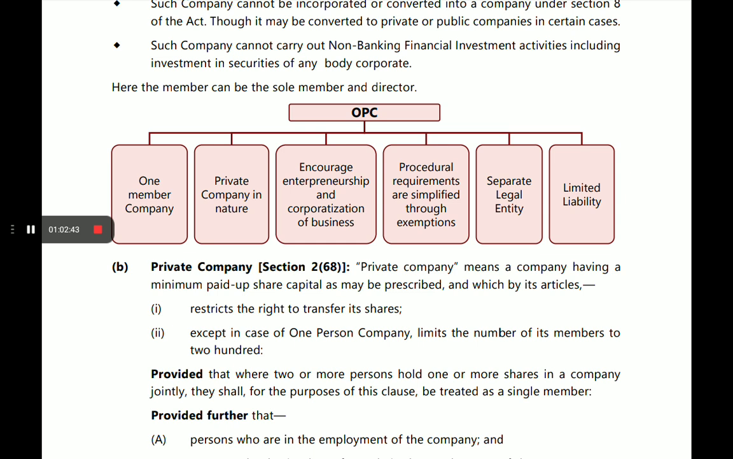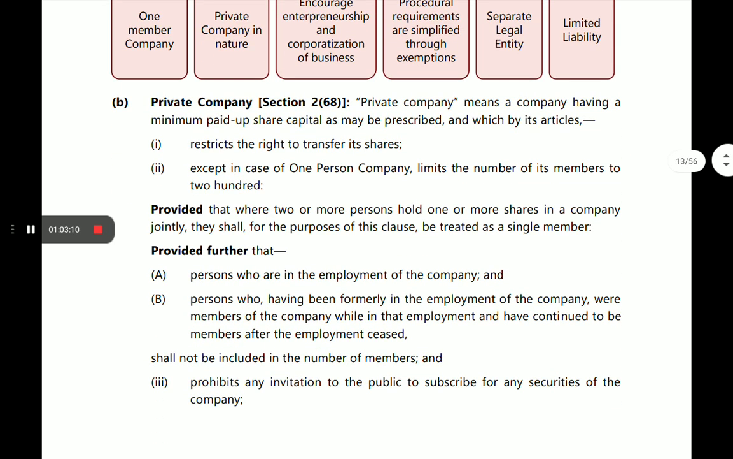Private company means a company having a minimum paid up share capital as may be prescribed, and which by its articles restricts the right to transfer its shares except in case of one person company, limits the number of its members to 200, provided that where two or more persons hold one or more shares in a company jointly, they shall, for the purposes of this clause, be treated as a single member, provided further that persons who are in the employment of the company and persons who,